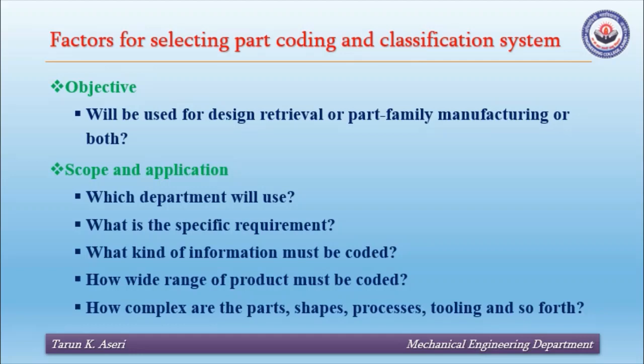Is it to retrieve already available designs, or is it manufacturing-based, a family based on manufacturing process, or is it both? So first of all, selectors should keep in mind a clear-cut objective for the classification. Further, what kind of scope and application,